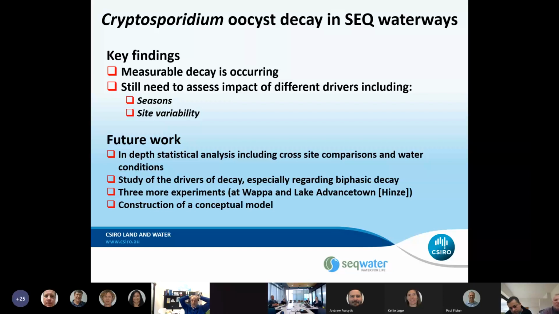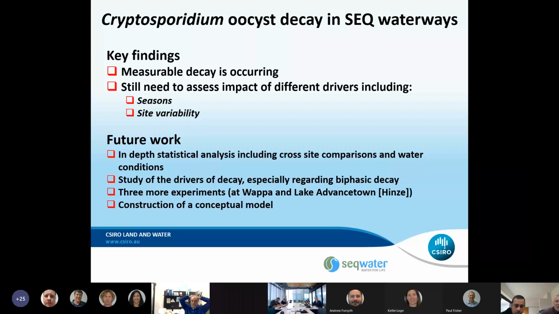Once we've got that, then what we'll be doing is taking all the results of all the different experiments, from the decay in the cowpats, the overland flow, removal in the waterways, and start to construct a conceptual model of how Cryptosporidium moves and behaves in the environment out in southeast Queensland. That model can then be used to work out, as conditions change, whether we see climate change, whether we see different weather